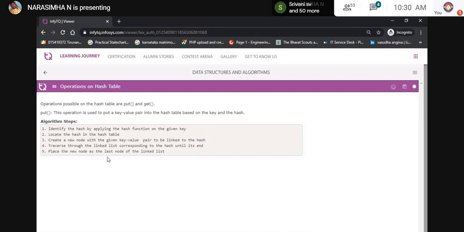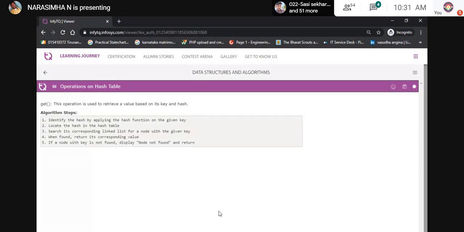Each and every hash value contains one linked list. Whenever you add a new node, that node will be the last node for that hash value. Let's remember this one.